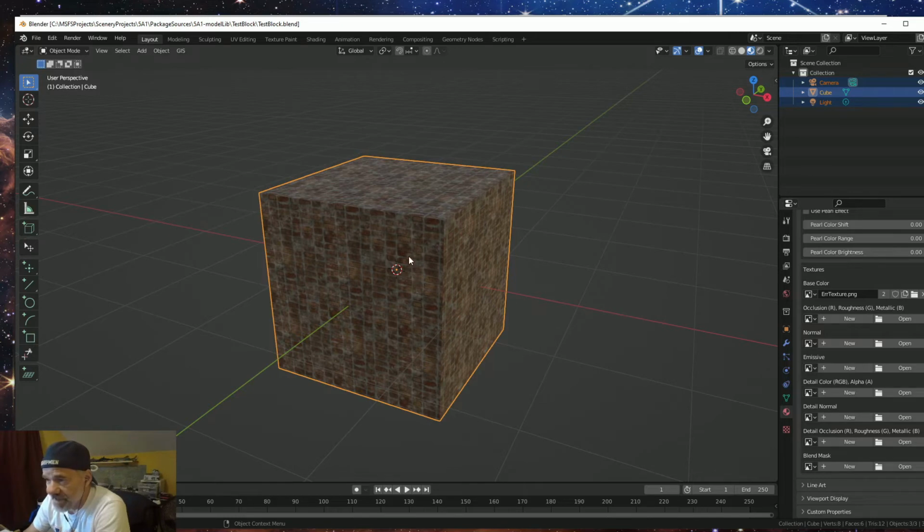Now, I know that this is an error for a specific reason. You may not know it's an error when you build your project, but you need to look at your console to find out what it is. This particular error is I made a copy of this brick texture and I scaled it